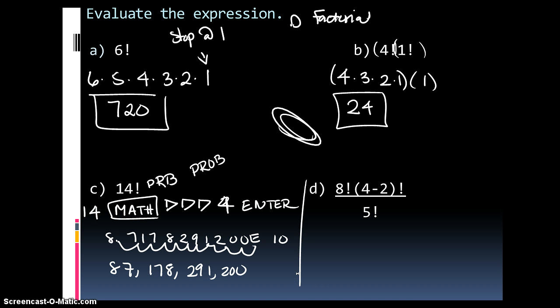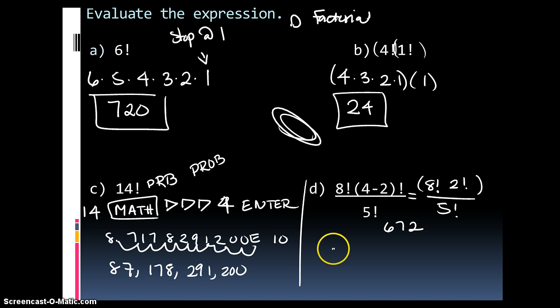Let's look at letter D. I have 8 factorial times 4 minus 2 factorial, all divided by 5 factorial. You can put most of this, if not all of it, into your calculator, but let's do this separately first. 8 factorial, and then order of operations means that you should do your parentheses first. So 4 minus 2 is 2 factorial over 5 factorial. All of this you can put directly into your calculator. So type this in, but I would put this in parentheses, then put divided by 5 factorial, and once you do, you'll get